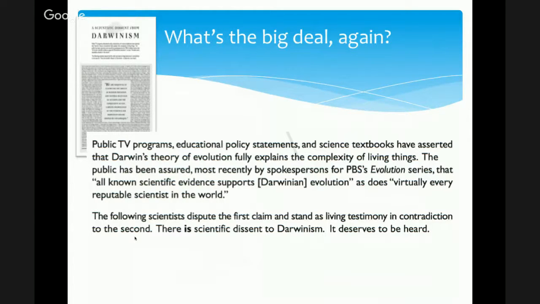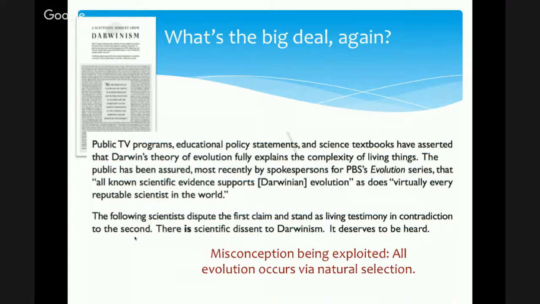And so you get people like this, and they could turn around and say, hey, well, look at your belly button. How is that adaptive? This natural selection, this evolution stuff is all junk. So it's not synonymous, and it's important that your students know that, even if you don't specifically call out the other mechanisms individually. All right, so mechanism being exploited: all evolution occurs via natural selection.